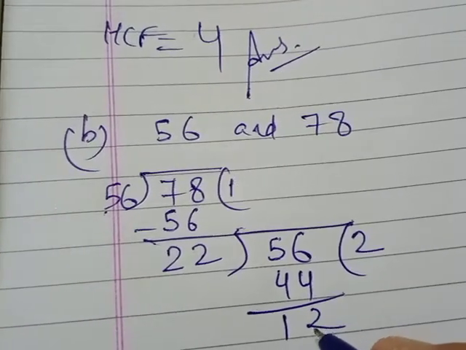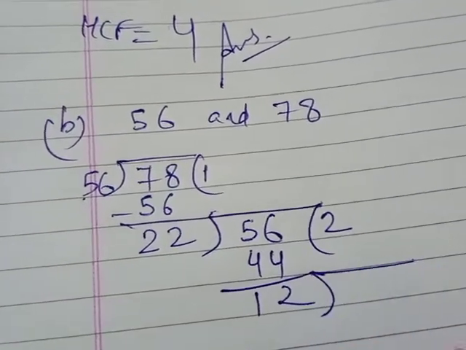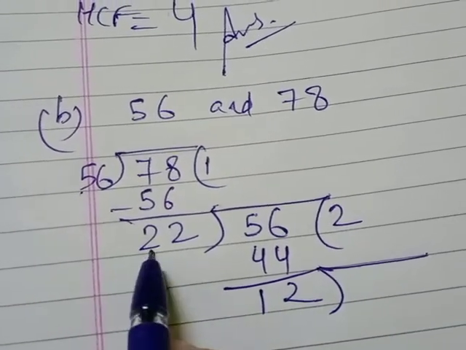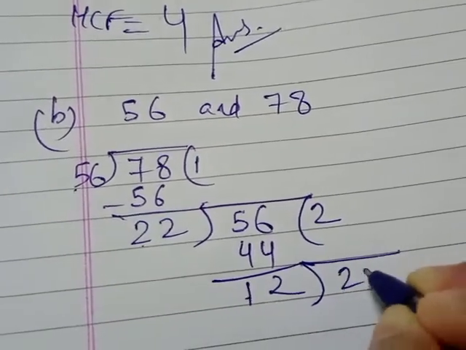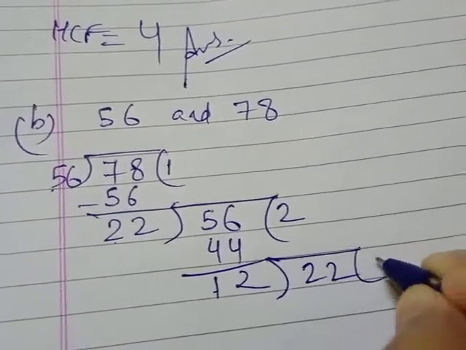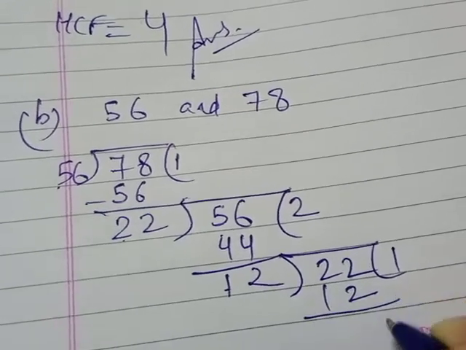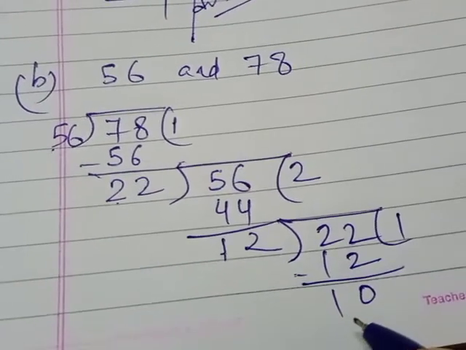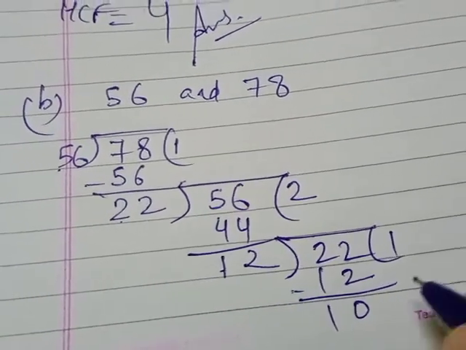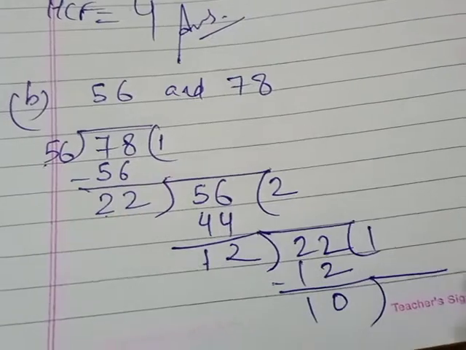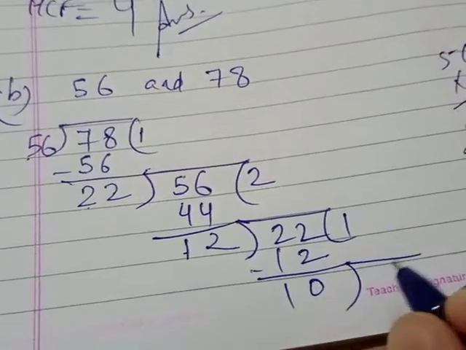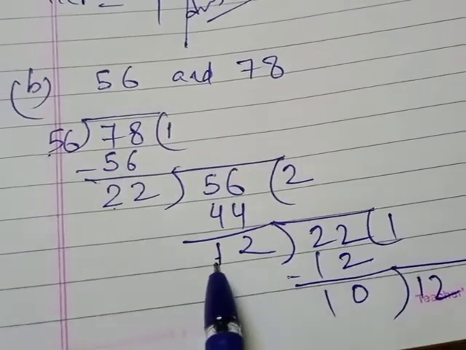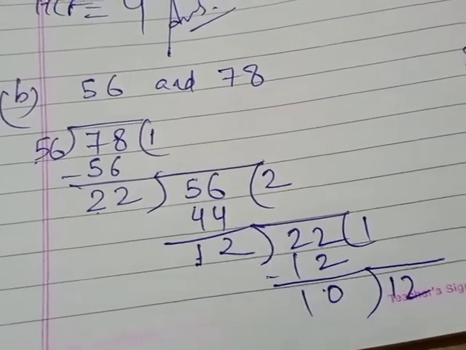When we have the remainder, then again we will make here the column, and the previous divisor will become your dividend here. In the table of 12, 1 times it will be 12. Again you will see here 2 2 0 and 1. Again you are getting the remainder. When we are getting the remainder, again we will make the column, and the previous divisor we will make the dividend here. Just keep in mind, always the previous divisor will be the next dividend.